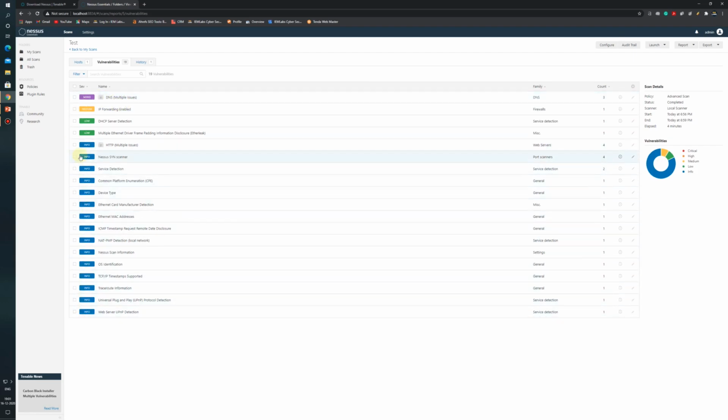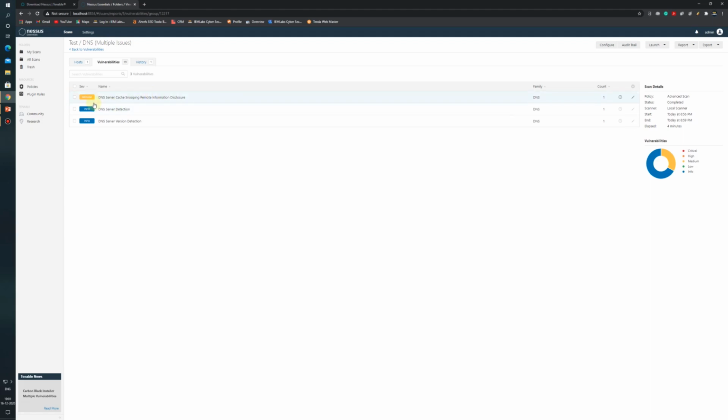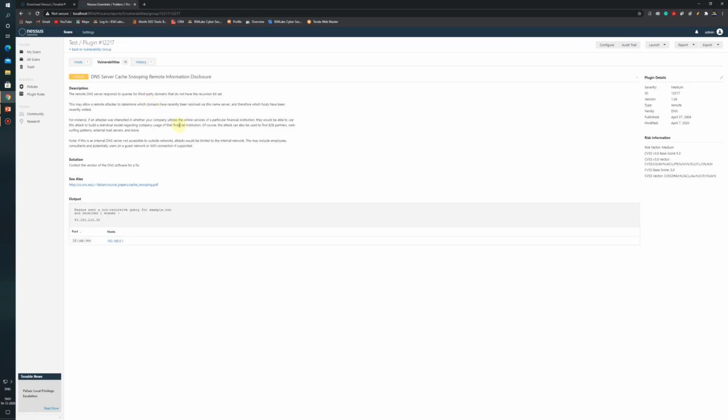So now let us see this portion. So these are the info base, these two are low, this is medium, and here is a mixed one. So to see the mixed ones, we just need to click on this. So inside this is a type of vulnerability which has got 3 subtypes, 2 info and 1 medium. Let us click on 1. So here is the name, description, solution, and any related article that is available on the internet. Also the scan output as a screenshot. So this is basically the attack which has been done. This is the port and this is the host.